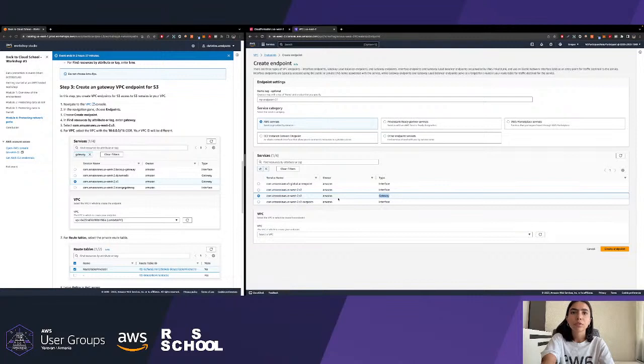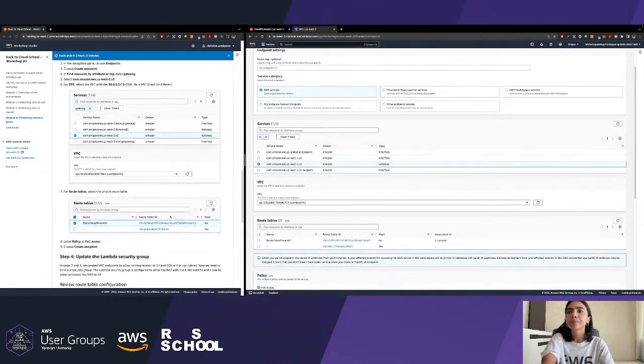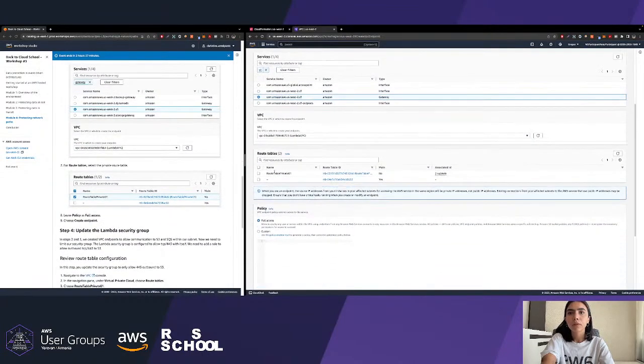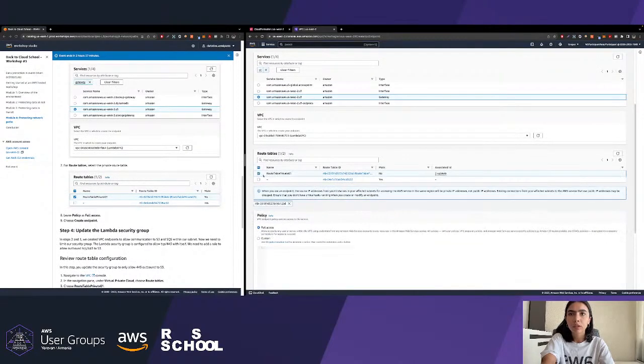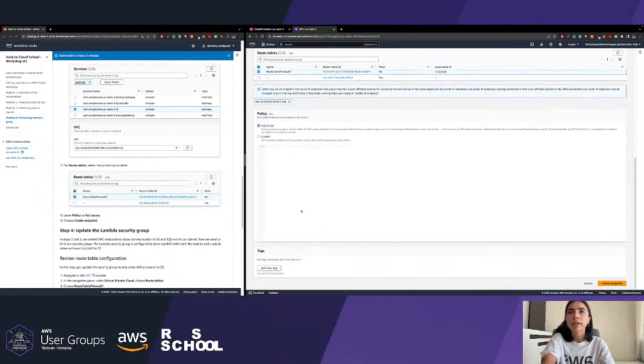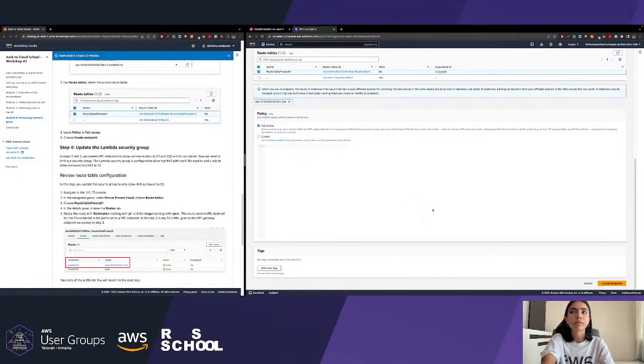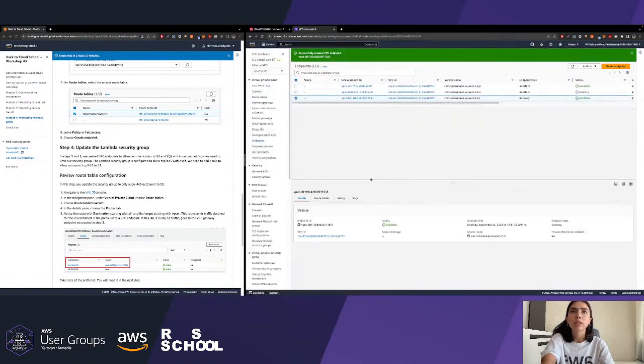Okay, so you choose this one, gateway. Okay, VPC endpoint, gateway endpoint, Lambda VPC. For the route table, choose this private one and leave the full access. Create this gateway endpoint as well.